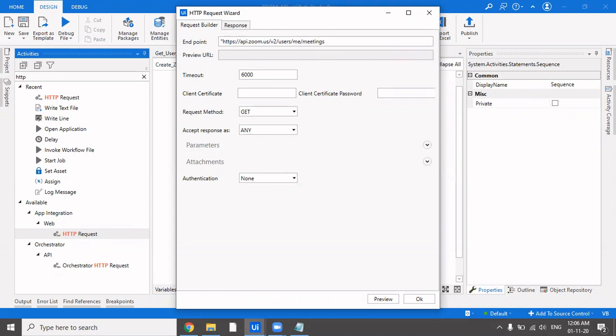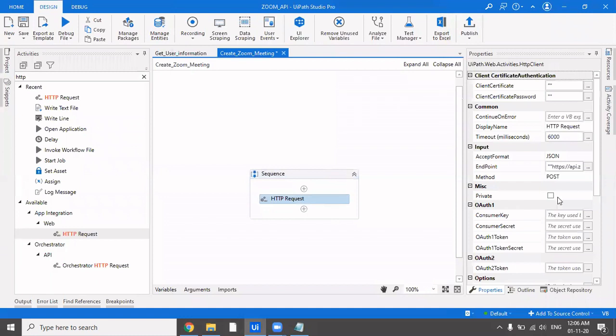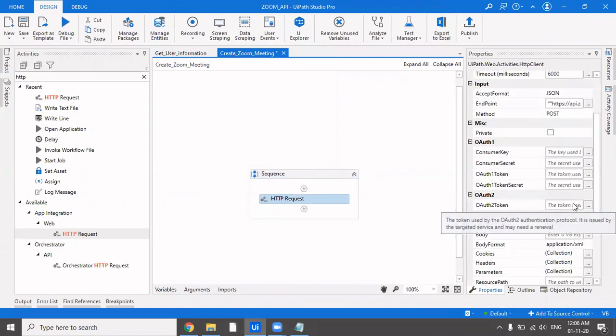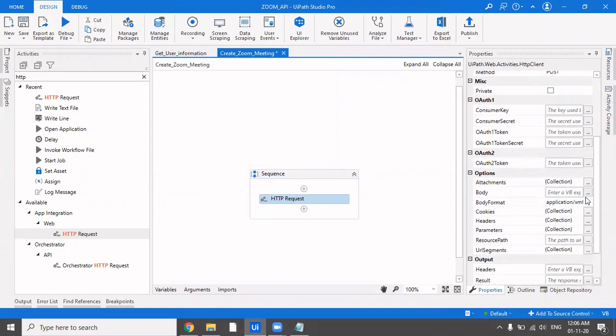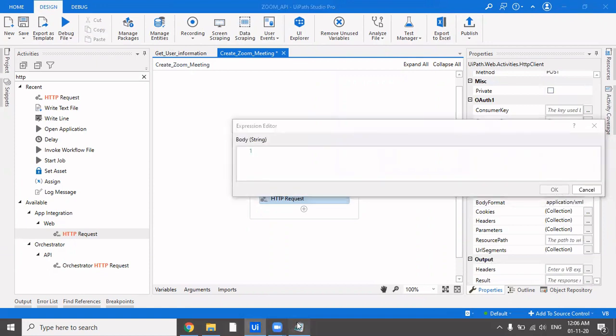If it's not a user level app, then obviously, as you read, you have to pass a user ID or an email address. Then obviously this is a POST request method because we're telling it to create a meeting. And let's click on OK. Let's come in here. And now over here, we have to pass obviously the body, which is here.